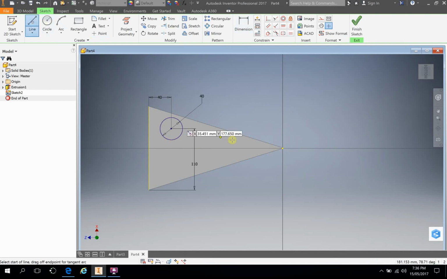The same thing goes with if I was to draw a triangle, and then I want to change that to make sure it's definitely 30 degrees. Left click on that, click on the two elements that I want to dimension, and then left click my dimension there, and I can type in 30, and it will constrain it to 30 degrees. Every time you see a green tick or something up here, you won't be able to move on until you